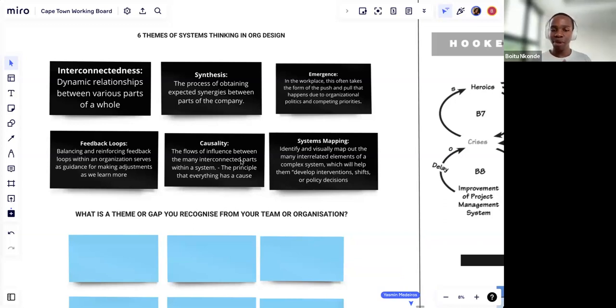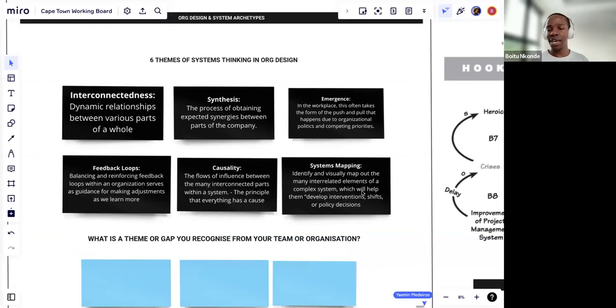And then systems mapping, identify and visually map out the many interrelated elements of a complex system. Some people, when they think of an organizational map, think of an org chart. You think of reporting lines, you think of service lines, you think of how you inform your team and how your team forms a bigger part of the picture. So those are themes that we interact with when it comes to organizational design and how systems